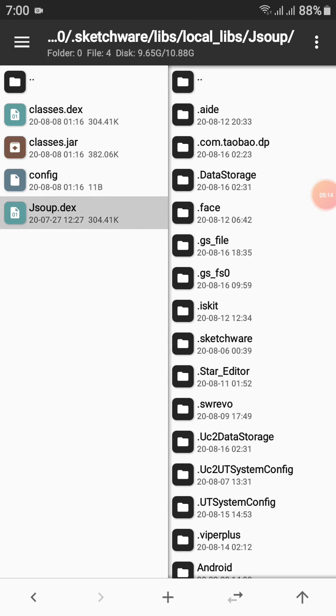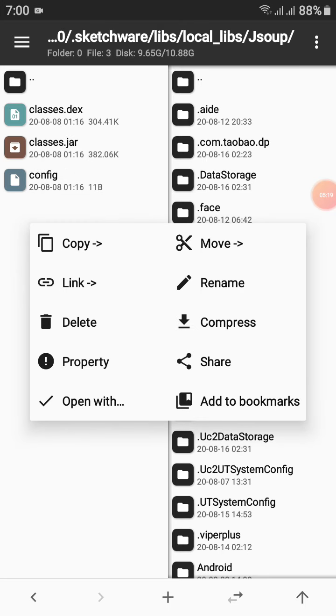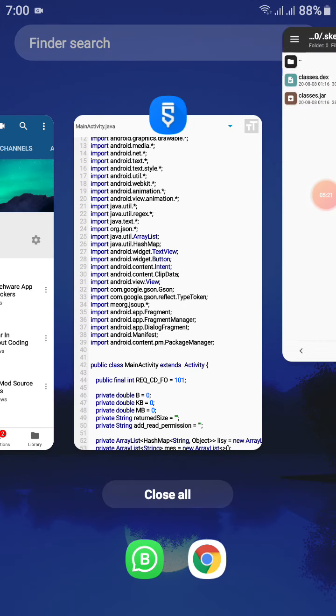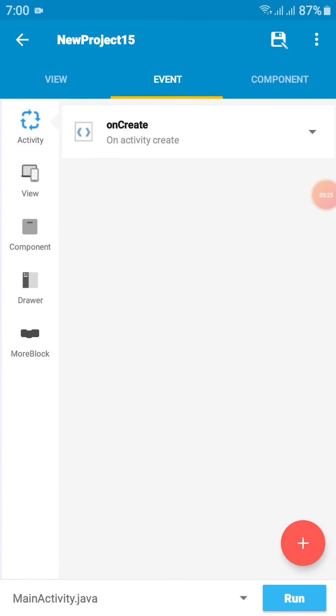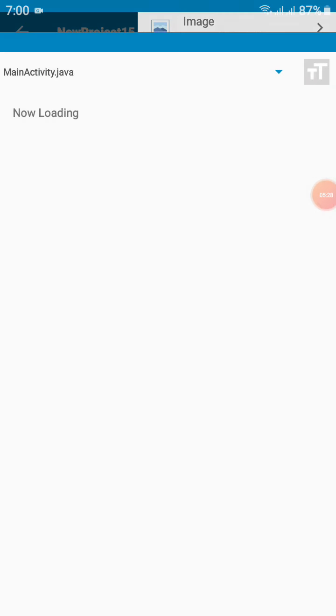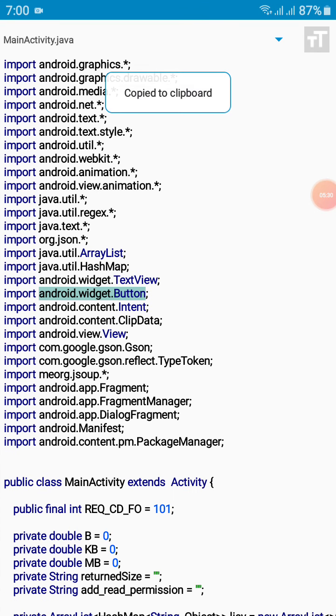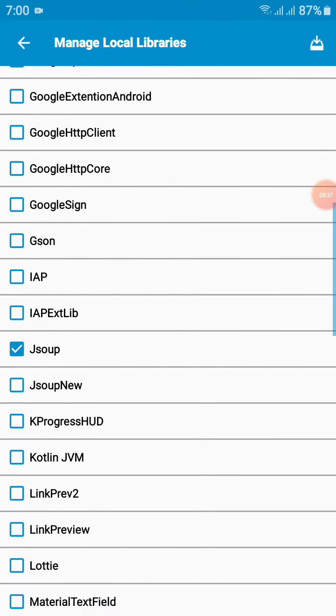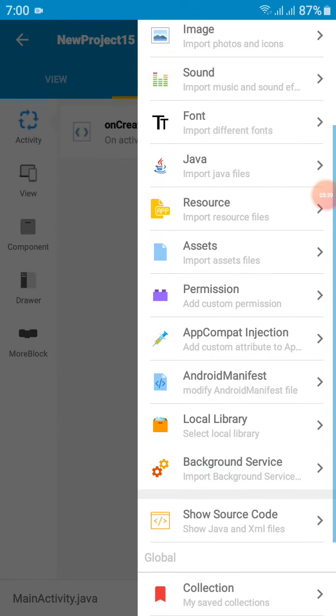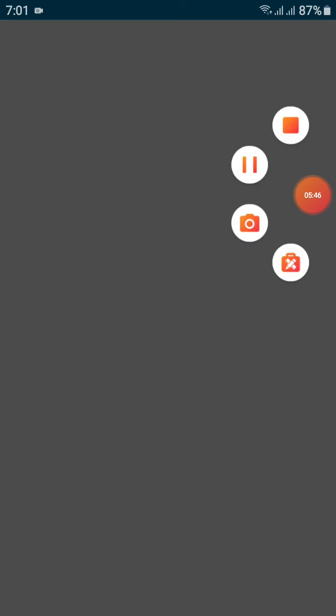First you need to delete the config file of the library, because it is used to add custom import in this section. We do not need this here, so I am removing the config file.